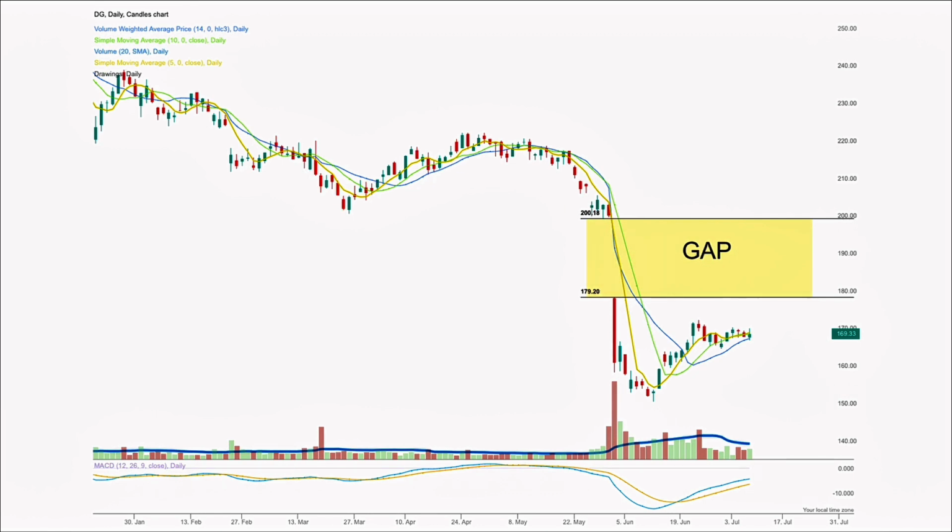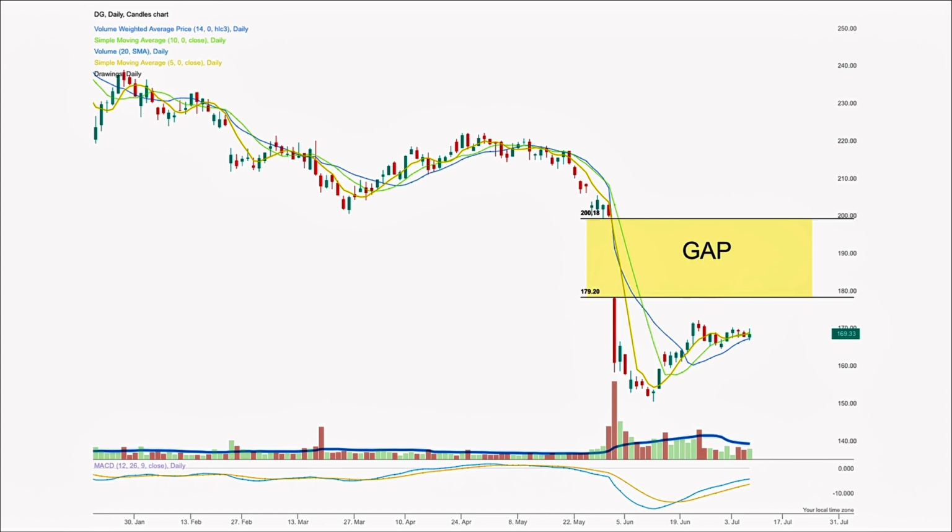Dollar General is a stock that I'm continuing to keep an eye on. The stock isn't moving very quickly, but there could be a gradual attempt to fill the significant gap. Also, the stock is trading over the 5-day and 10-day SMA. It is also trading over the daily VWAP line. Plus, on the MACD, the stock is currently over the signal line, which, as we mentioned earlier, is a bullish